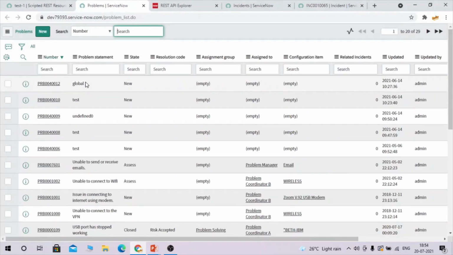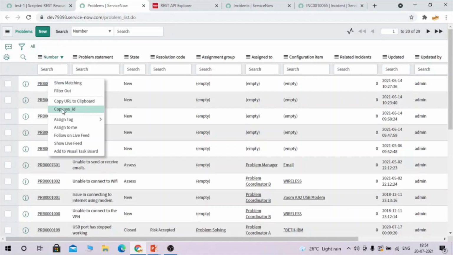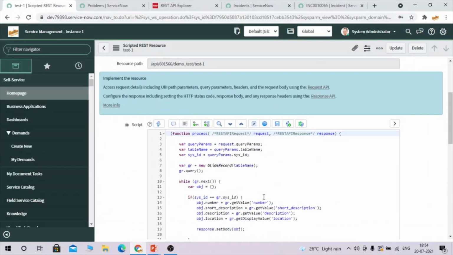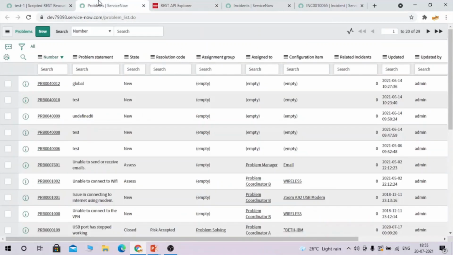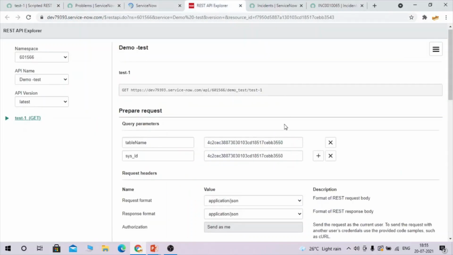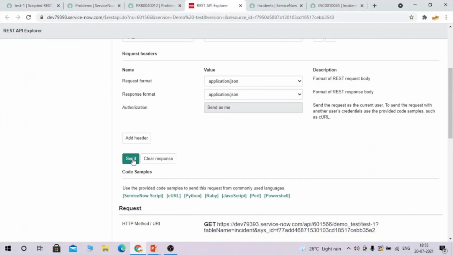So guys, here you need to pass, I am copying this sys ID. So whatever we have defined as the backend value, if it matches, then only we would be able to see the information. So here I am replacing this incident table with problem, and I have copied, I think, the sys ID of this problem. Let me open and take sys ID of this problem. So let me pass it here. Sorry guys, what I'm doing, problem. So table name is problem and sys ID of this record. Okay, so now let's click on send.